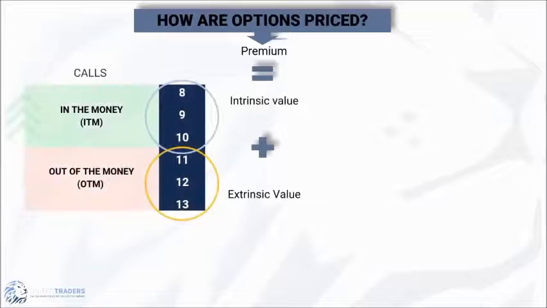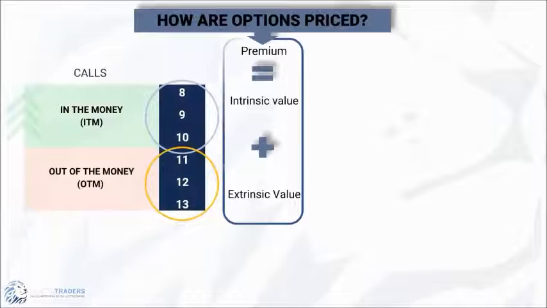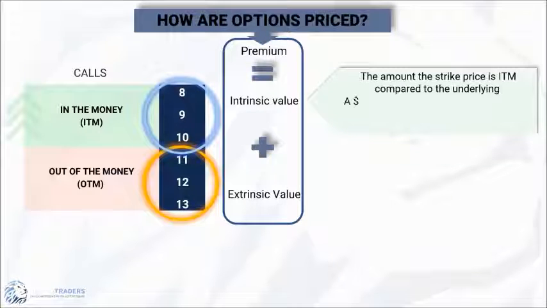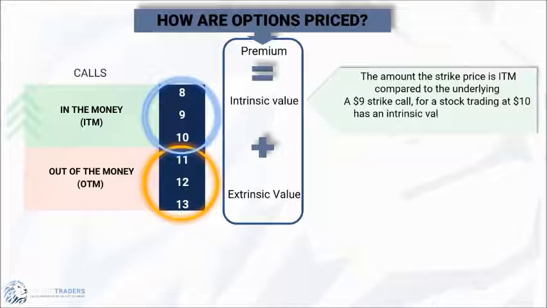Options pricing, aka premium, can be divided into two categories: intrinsic value and extrinsic value. Intrinsic value. The intrinsic value is the amount the strike price is in the money compared to the underlying. A $9 strike call for a stock trading at $10 has an intrinsic value of $1 per share, or $100